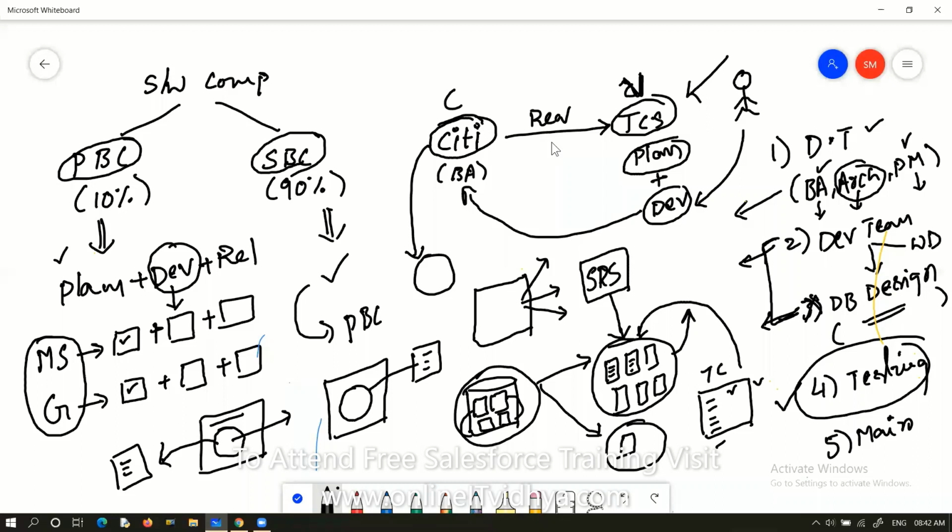Whoever types that website name can see that particular application. That is all secondary, later we will see. Simply, they keep the application on one server machine and give one address, that is the website address, or we call it a URL. From your computer, you type that URL so that you can see this application in your system. So the process of placing the application on the server machine is known as deployment.